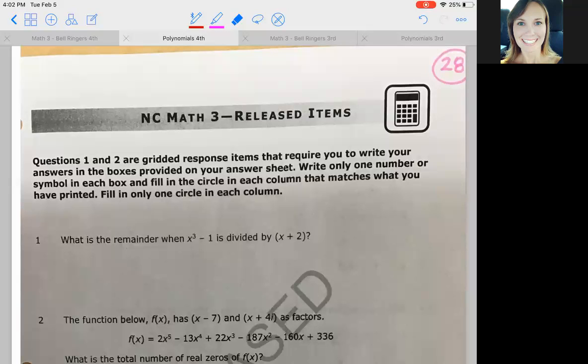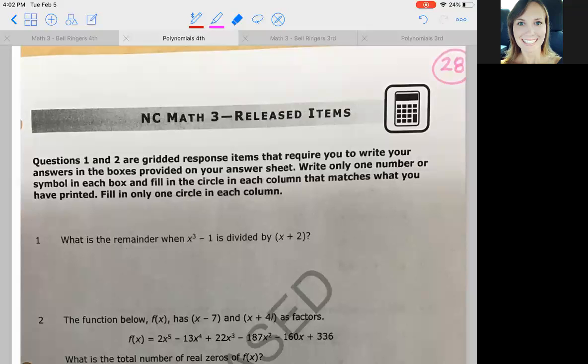Hi guys, we're starting on the North Carolina Math 3 released items. I've numbered this 28 for our notebook, and we're going to start off on the front with the gridded response, and then we'll flip over for the multiple choice. So on the front, the first question says, what is the remainder when x cubed minus 1 is divided by